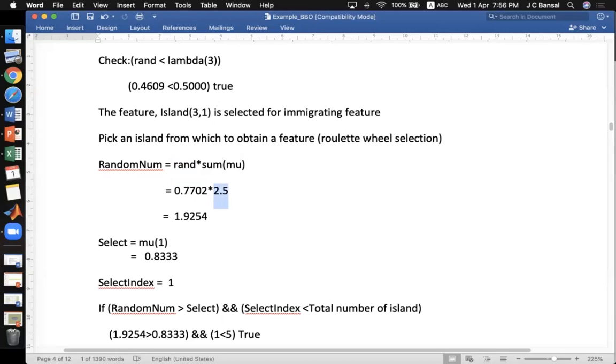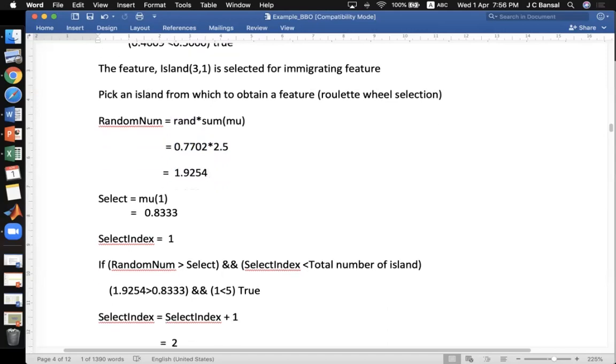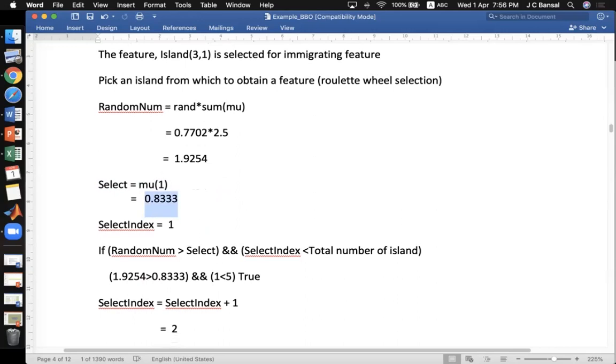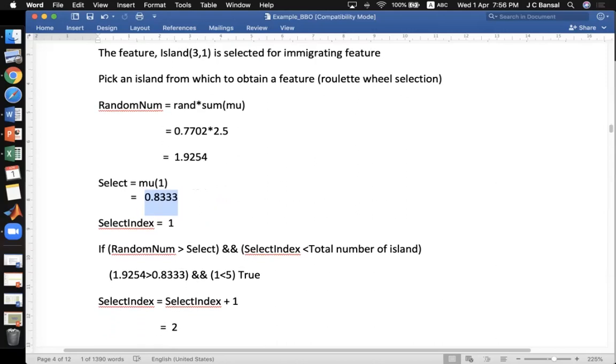This time this random number is 0.7702. And initially again we'll start from the first island. So mu 1, the value of select is mu1, which is 0.8333.